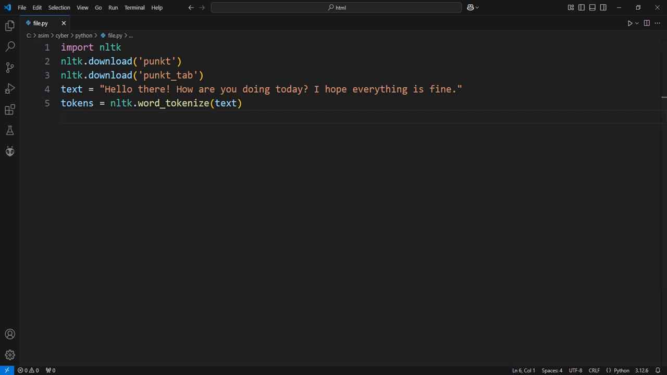The variable tokens is a list. A list in Python is a data structure that holds multiple items. In this case, the list contains individual words and punctuation marks as separate tokens. The output list is a sequence of strings that represent individual parts of the original text. For example, hello there becomes